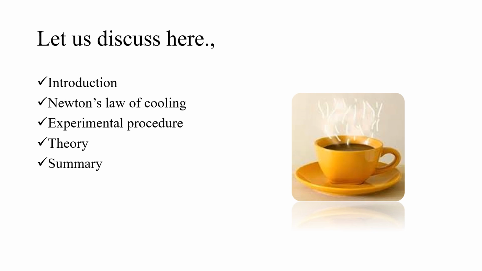Here a coffee cup is shown. The coffee cup has a temperature of around 60 to 70 degrees Celsius, while the surrounding room temperature is 30 degrees, or 23 degrees Celsius. Normally we take it as 30 degrees. The coffee, at 60 degrees, tries to come to that 30 degrees of the atmosphere, so all the heat is lost through radiation and convection. So it's a very good example